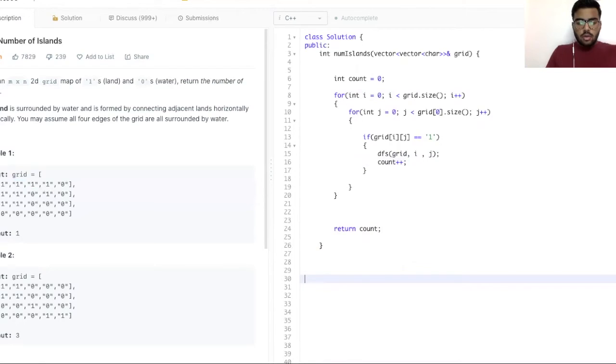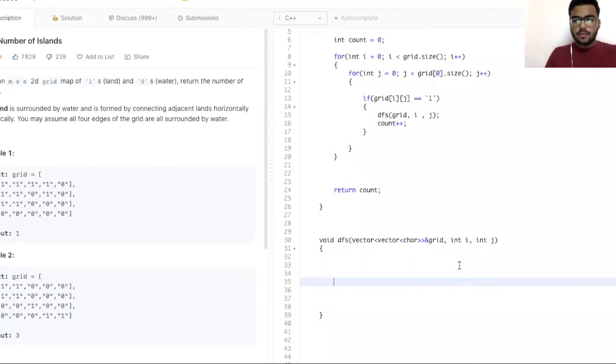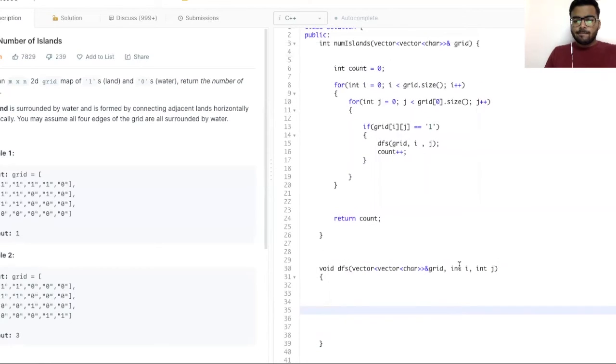We'll create a function dfs taking a vector of vector of char grid, and int i and j. First we'll make grid[i][j] equal to 0. So if that land is visited, we'll simply mark it as 0.